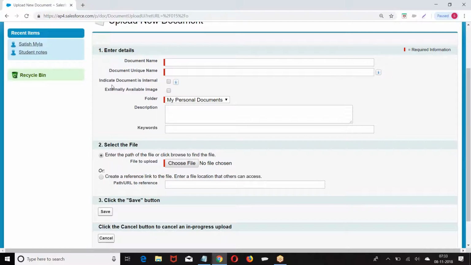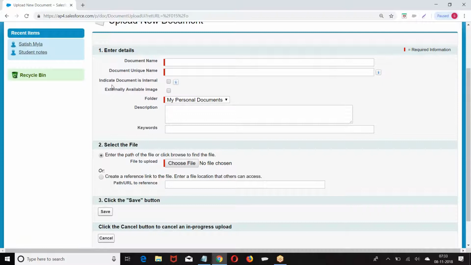I am sending an email with my resume. You get an alert with the mail with one attachment, but you will not be able to see the content unless you open the file. This is called internal document.